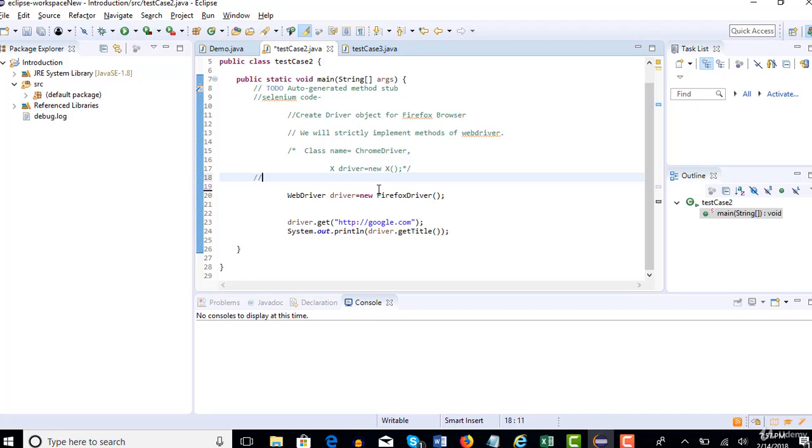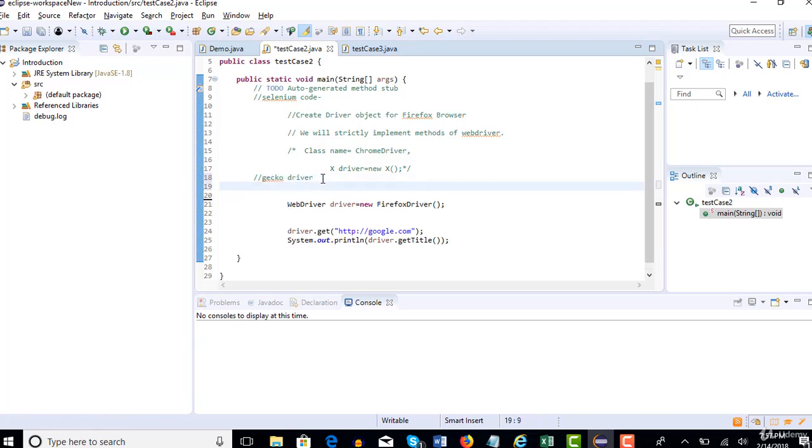The file we need to download here is Gecko driver. This is the file given by the Firefox guys. We will use this file to invoke the Firefox browser using Selenium. So I will go now and get this file from the Selenium official website, just like how I got Chrome driver earlier.